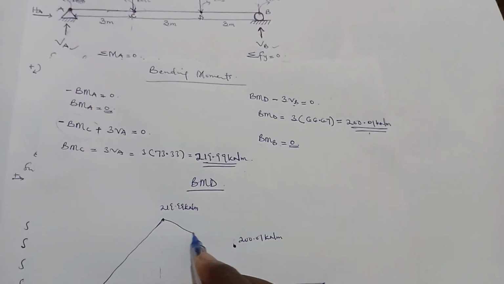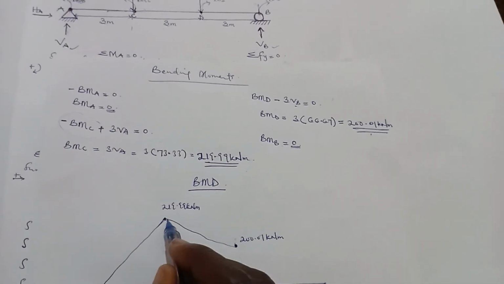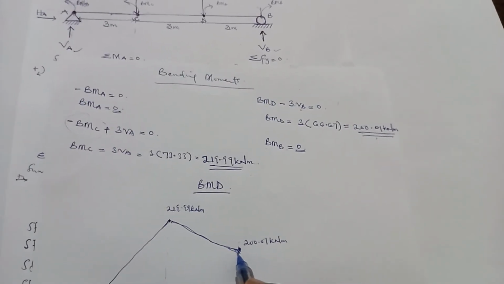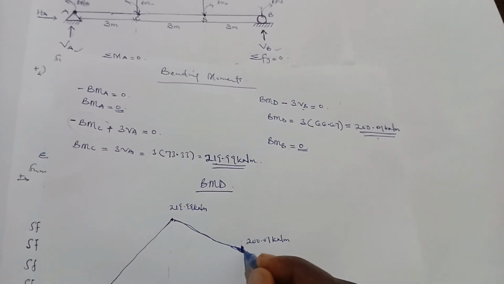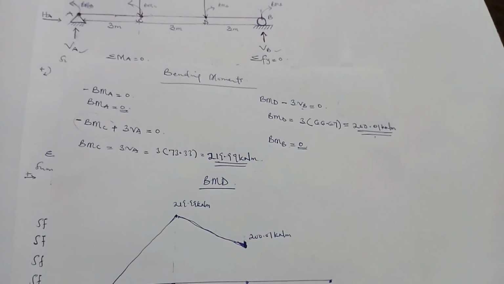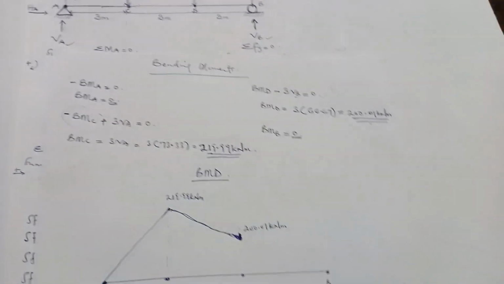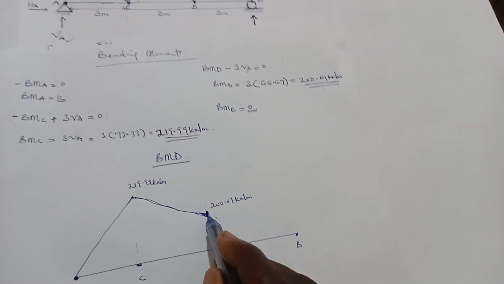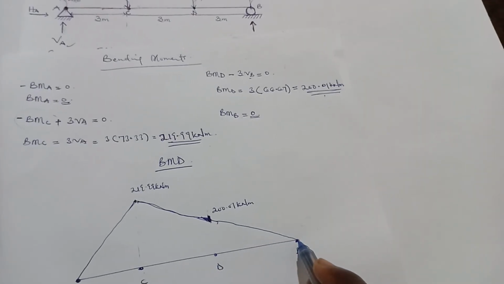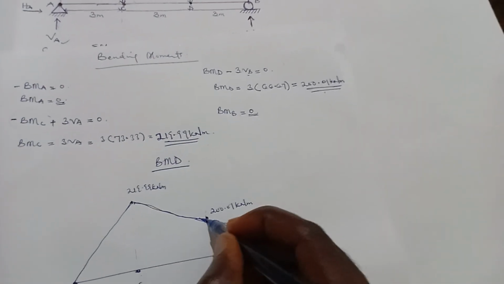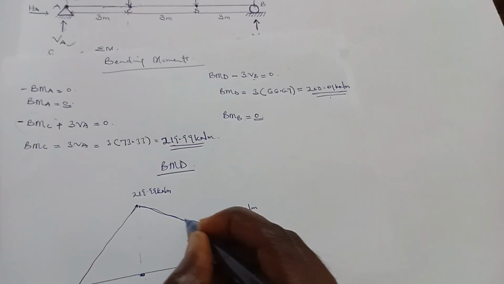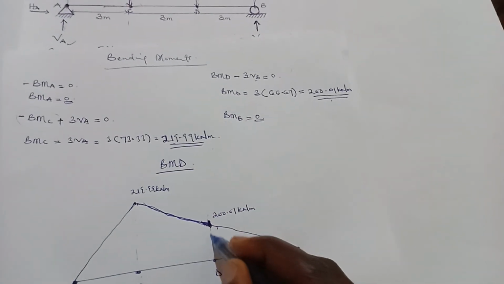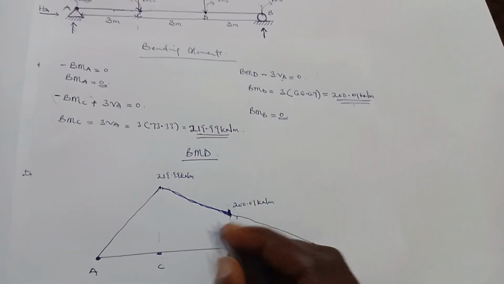Now join the 2 points. So let's say it's here. Okay. The bending moment at B finally to 0. So I just have to extend from this point to 0. So this is the bending moment diagram,